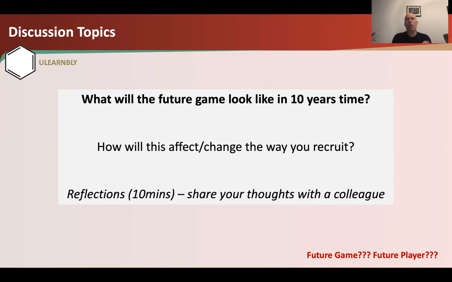And if you're thinking, well, what does the future game look like? What would you want it to look like? If you could be in control, you're FIFA, and you're in control of deciding what the future game looks like, what would you do? What rules would you introduce? It's interesting because you might be actually predicting future rule changes. So this is a great task of thinking, well, what do you predict? But more so, what would you want it to look like in order to make the game more entertaining, more competitive, or whatever it may be? And this is a great insight into your values.